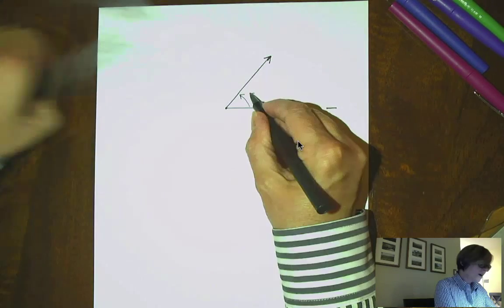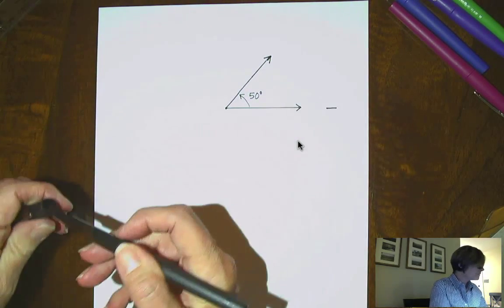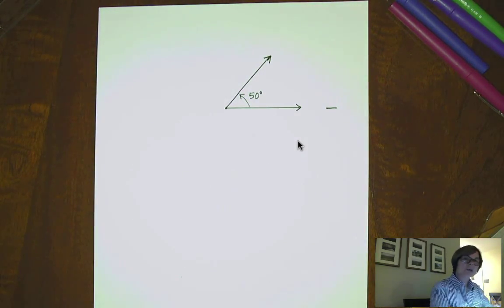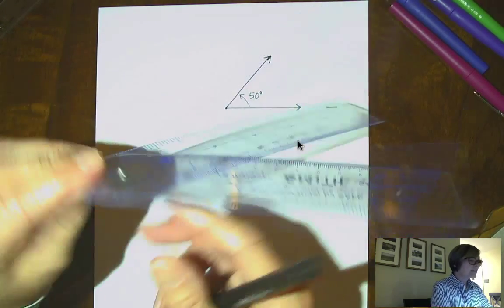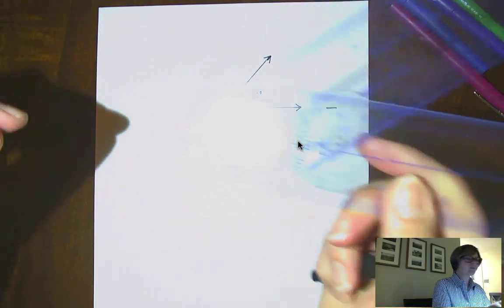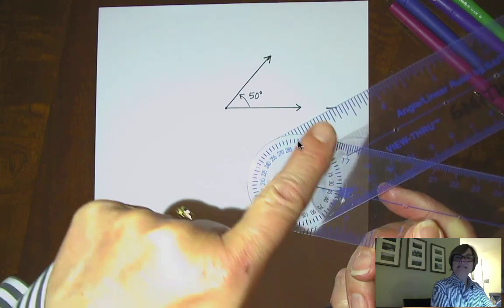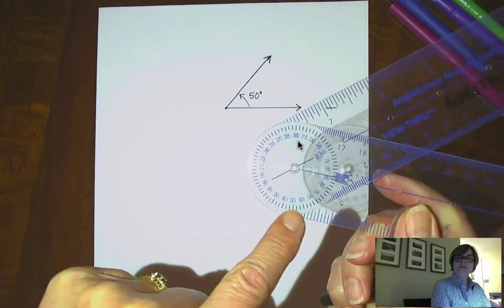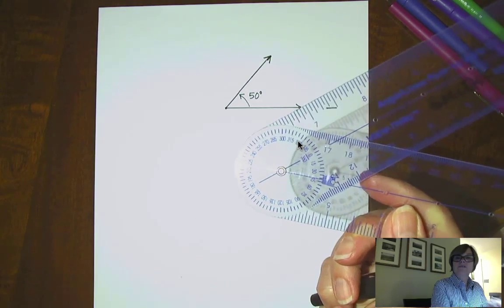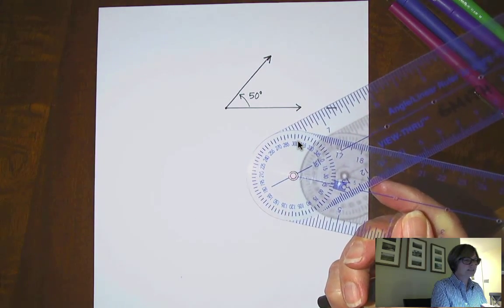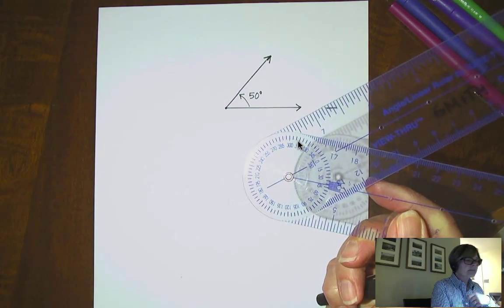How about that? Okay, next, let's make an obtuse angle. This time we're going to practice using the angle ruler. On the angle ruler, as we noticed last time, we can see that it has the degree measurements here in a circle, just like a real circle would have 360 degrees. So this time let's make a